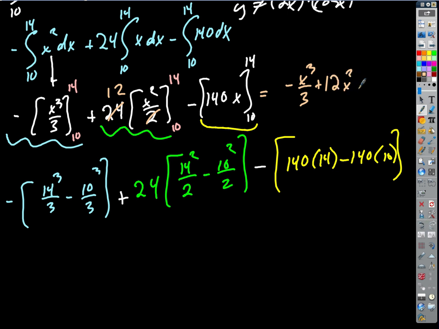X squared minus 140x, and what Kirk is saying is we could do that whole thing from 10 to 14 also. Okay? It's fine either way. I think it's very slightly better to do it this way, because sometimes what's going to happen is we're going to get pieces where,